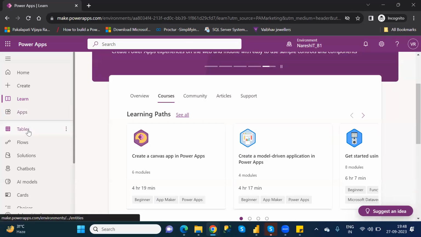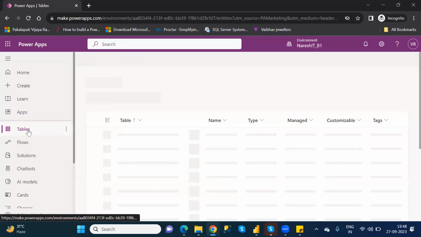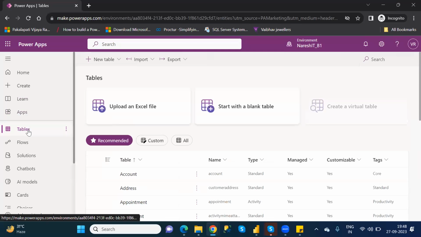Next one is Tables. Very, very important. Previously, in this same option, the name was Data, or CDS, Common Data Service, or Dataverse.